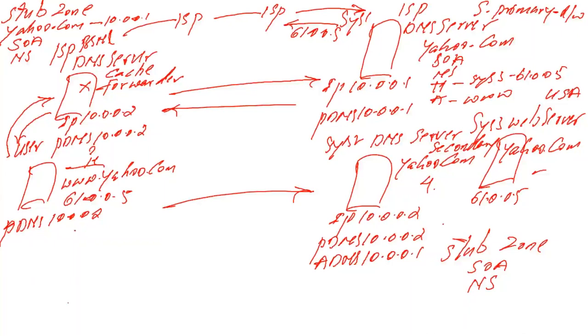But what about another website which is not registered to my ISP? For example, when my user is typing www.gmail.com, or www.xyz, any website which is not registered to my ISP. So my ISP will allow the user to access, but this time my ISP will use what here? Forwarder. It will use the forwarder to access. Only for this particular website, yahoo.com, my ISP is using